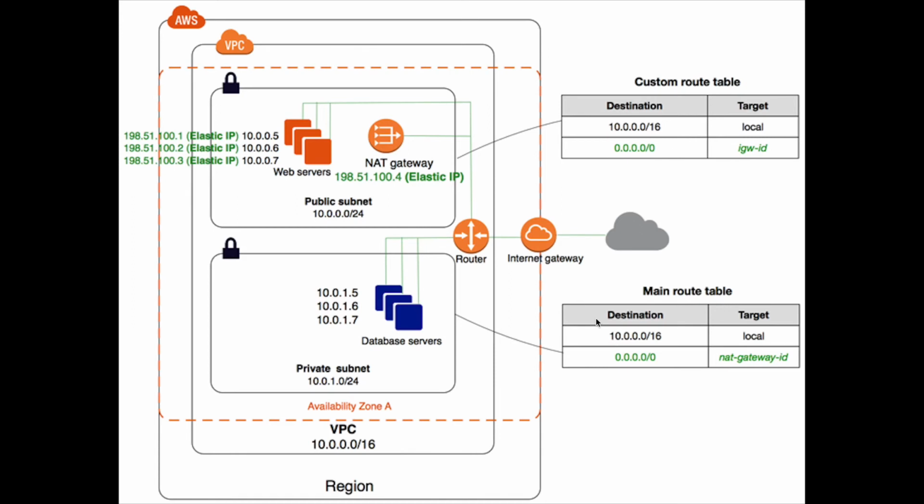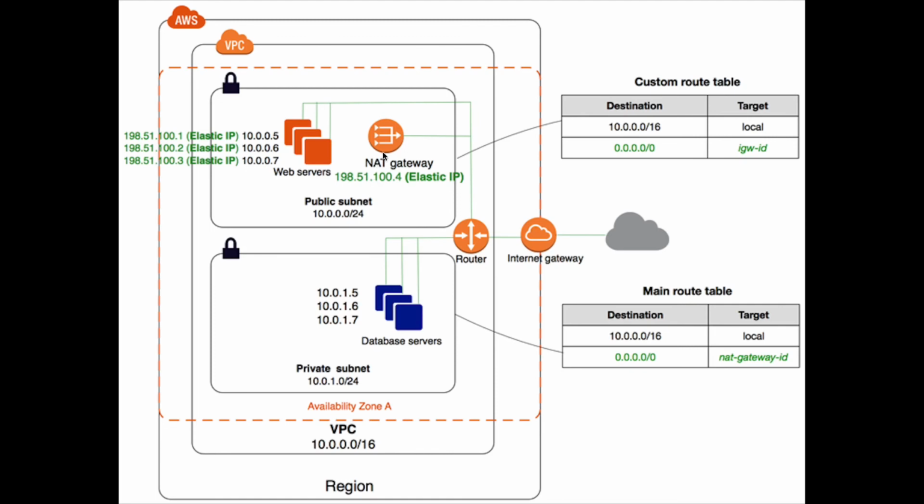And in private subnet there is a route table. First route is for talking of instances within a VPC, and the second route states that any destination should go via NAT gateway ID, NAT gateway. Okay, that means if I want to reach the internet from my private server, let's say if I want to ping facebook.com or google.com from this database server, it will prefer this route. It will go via NAT gateway.